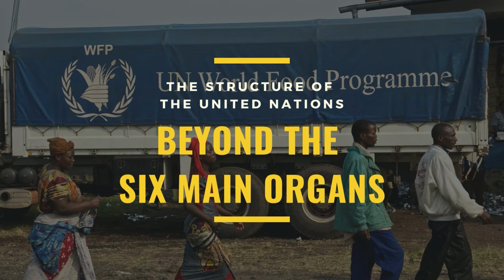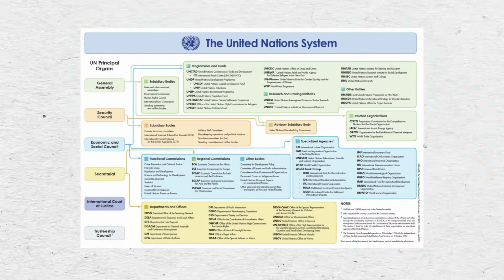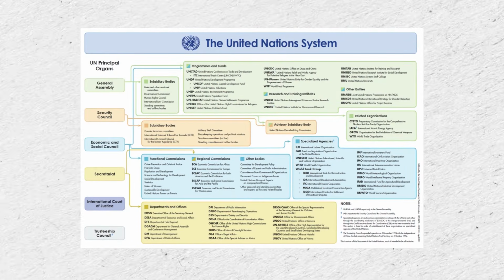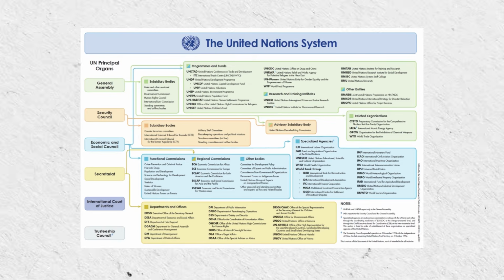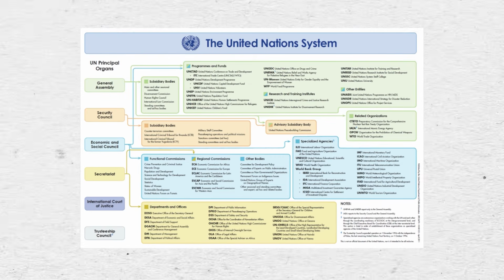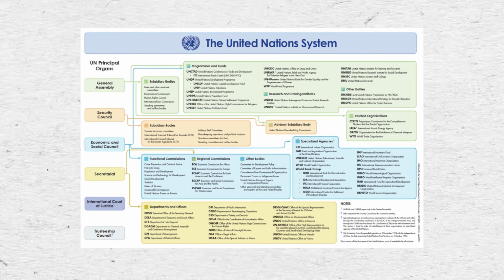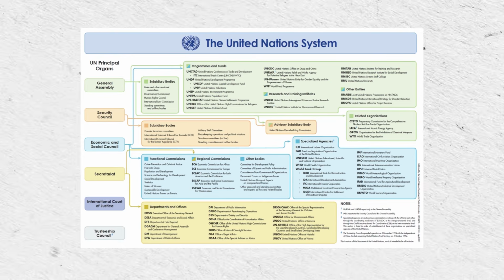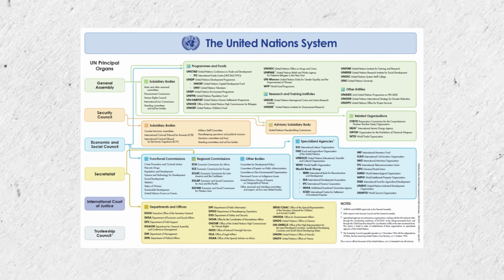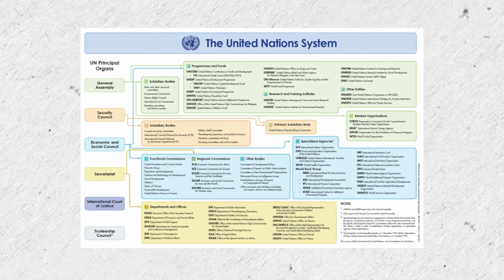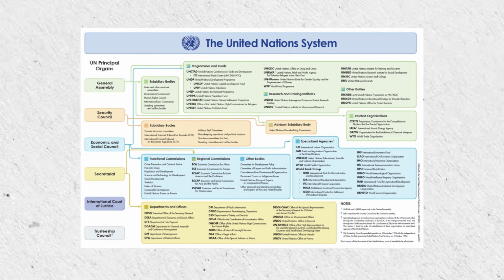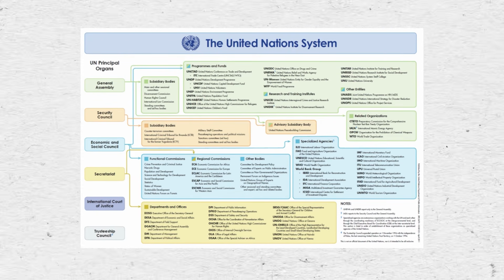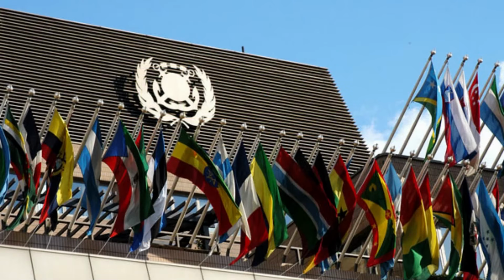The United Nations has a vast network of agencies, programs, funds, and other organizations that work on a variety of international issues, some of which predate the UN itself. Some of these organizations are well known, such as the World Health Organization, UNICEF, and the UN Environment Programme. However, others do important work but are rarely in the headlines, such as the International Maritime Organization.